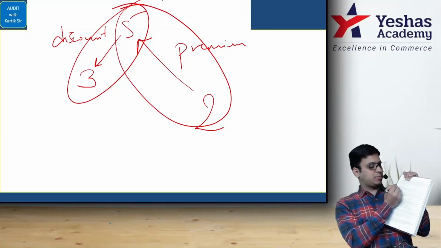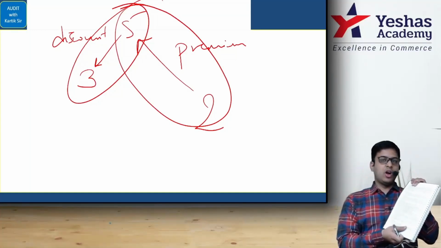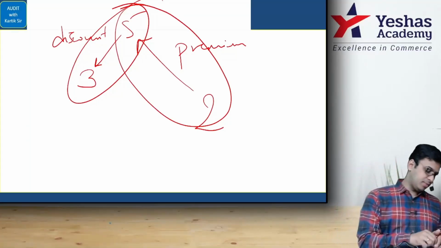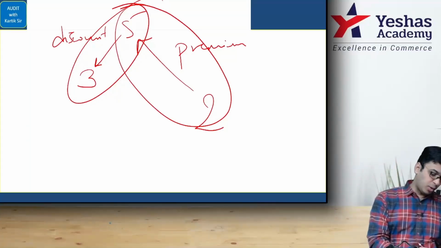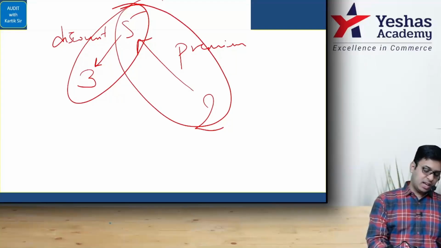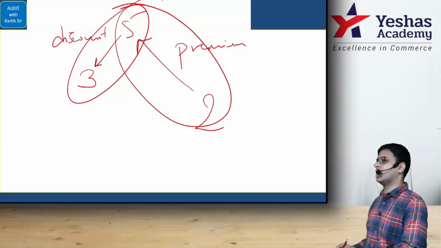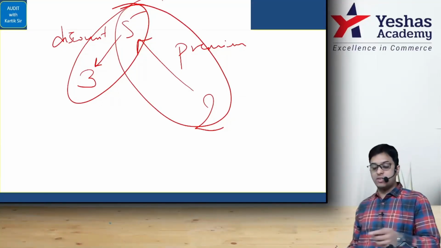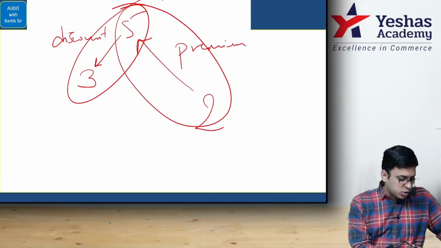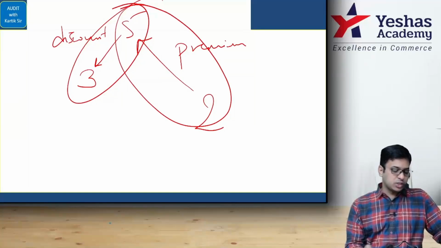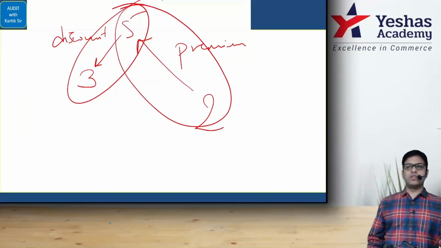Come to this part below that. The auditor needs to check this area. What 3 points are being given? Let's read one by one. The auditor needs to check the movement in the share capital during the year, and wherever there is any issue. Basically, whenever an issue of shares is there, the auditor will keep an eye on whether the company issues shares at a discount. Next, he should verify that the company has not issued any of the shares at a discount by reading the minutes of meeting of the directors and the shareholders authorizing the issue of capital and the issue price. The auditor will look at the minutes of meeting.